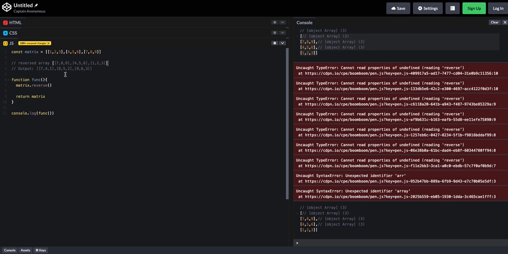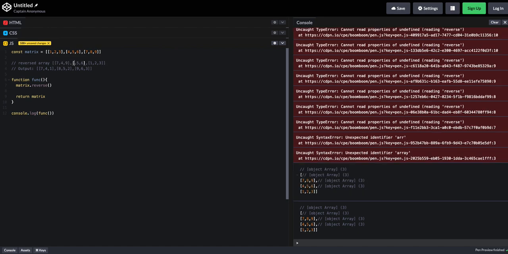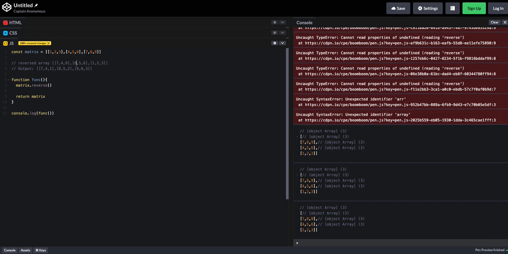If we look at this reverse array next to the output, you can see a pattern here. Our first number in the first array is already correct, right? So then we come to this next number. Now we're going to swap this number with the first element of this array, 4, right? So this becomes 4 and that becomes 8. Then we're going to come here to 9, and then we're going to swap that with the first element of the last array. So now we got 1,